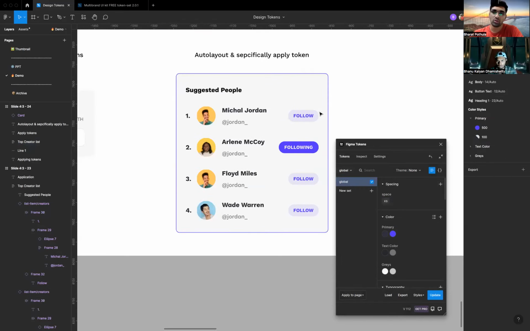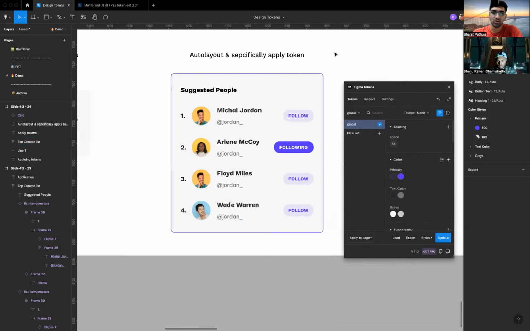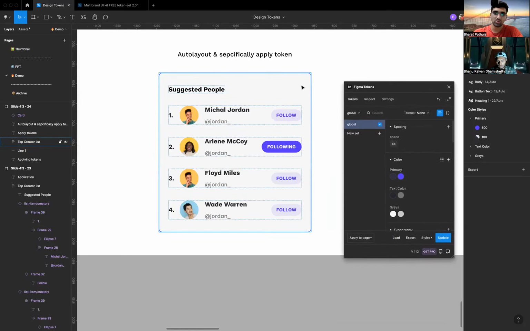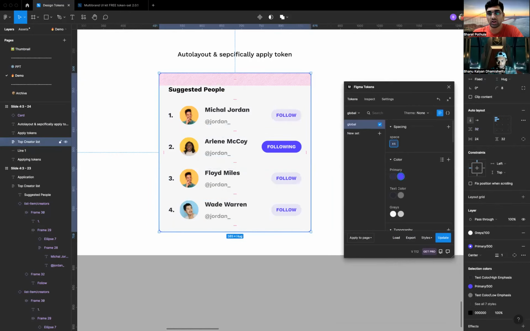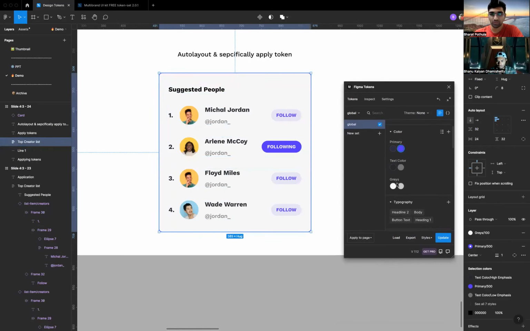So what if I want to apply the border color instead of the background color? So there is something called specifically applying. You need to select the component, and currently we have a purple outline. I select this thing and I want to make it gray. I have selected it and I'll just make it black for the time being. I'll right click on it and you get to see fill, border, edit token,